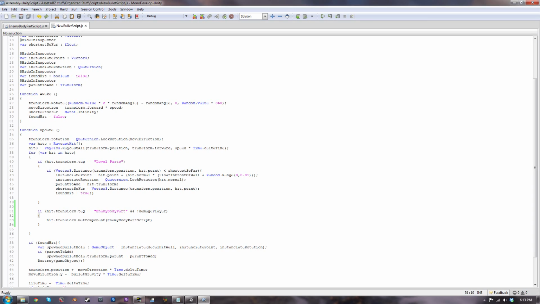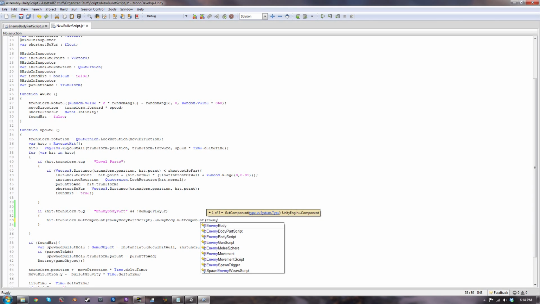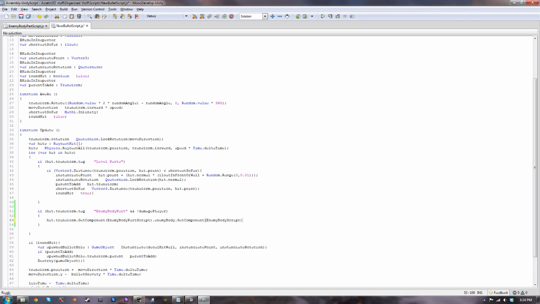So we're going to do hit.transform.GetComponent enemy body part script, dot, let me look over, dot enemy body dot GetComponent enemy body script, I believe, is what I'm going to be using. And then dot enemy health minus equal damage